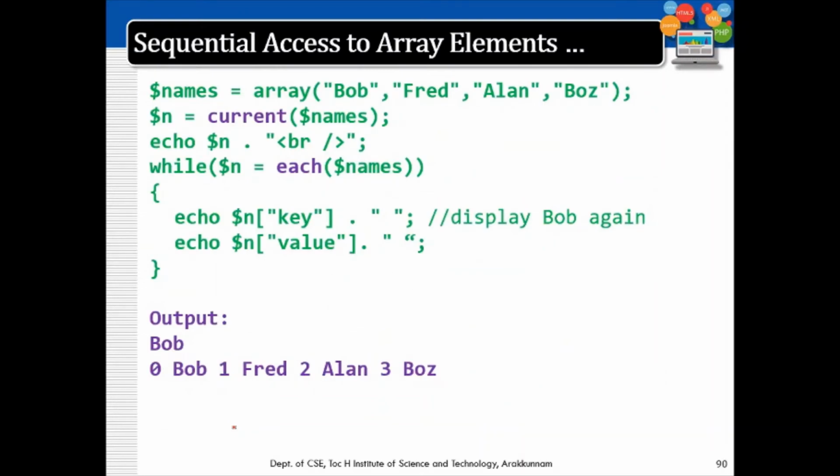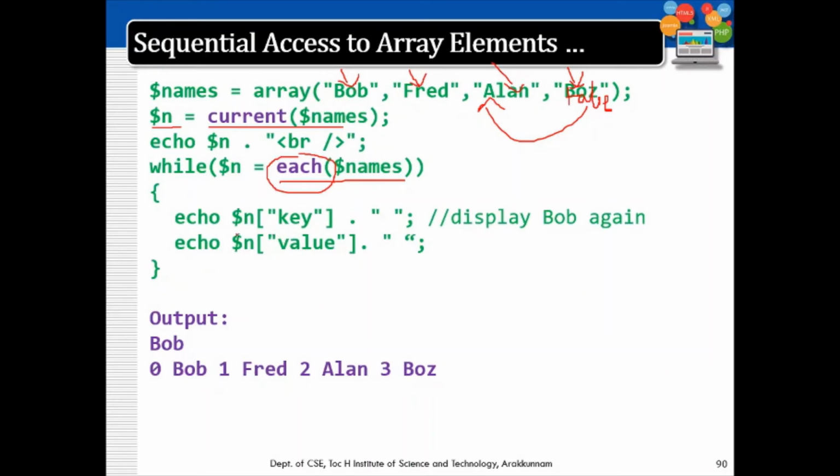Now we'll see how you access the array elements using each. Next also works fine if we don't have a value named false. If instead of Bose, the value is false, then this will be a problem. If somewhere here you have a value called false, this will create a problem in case of next. So I'll be using each here. So $n is equal to current($names), so that of course will retrieve Bob as the value, and then using a while statement and each construct, each($names). After this, the current pointer moves to Fred, then to Alan and then to Bose. So this is how the output is there.